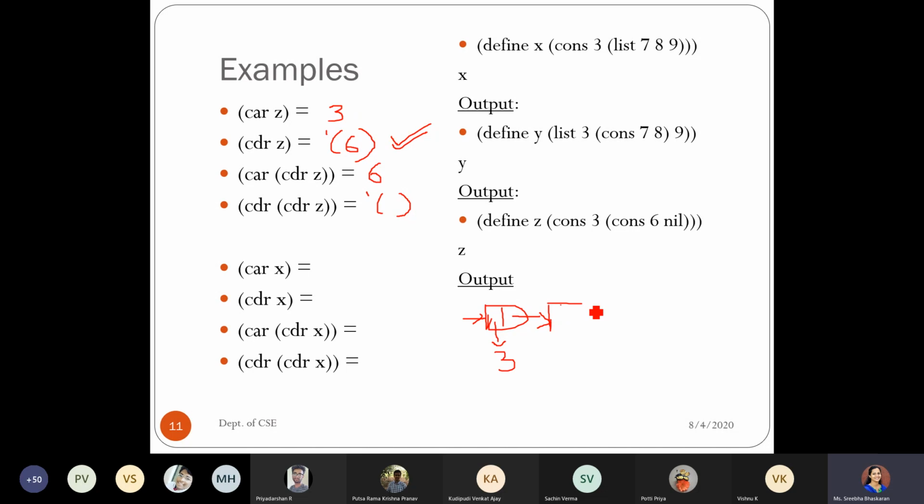I can write it in this way. So 7, next content, which will be 8. So this you can tell, right? What will be the CDR and what will be the car of it. This box pointer, I'm just drawing it so that it will be comfortable for you to clearly visualize it.